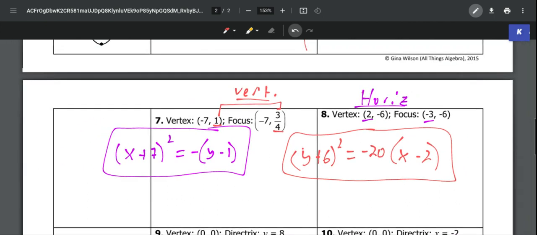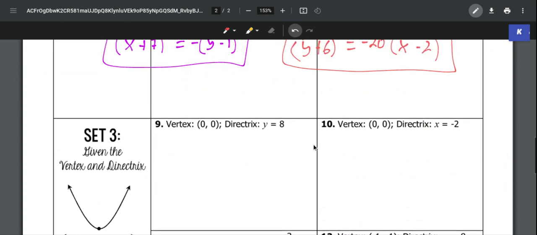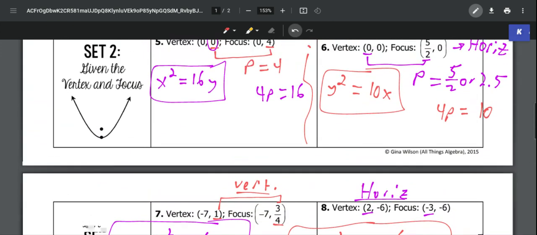And we're not going to deal with actually working without a graph for the directrix. We could do those, but I'm just not going to fool with them. We're not going to have to do it. So this is it for writing equations for